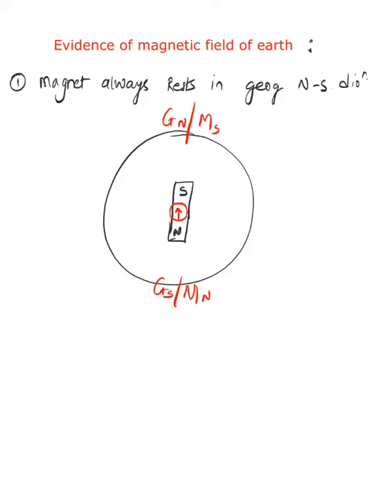Second property is the existence of natural magnets. Now, how can natural magnets exist? That's because, if you bury an iron rod, after a few months or a few years, the iron rod would have converted into a magnet. But the condition is that you have to place it in the north-south direction. So if you bury an iron rod in the earth in the north-south direction, then that also turns into a magnet. Got it?